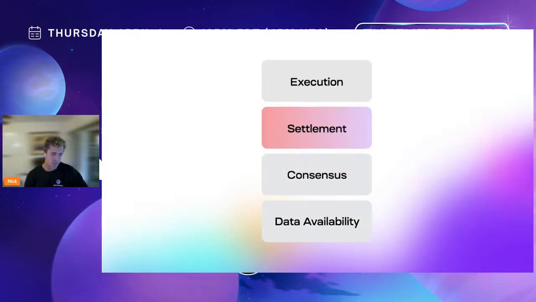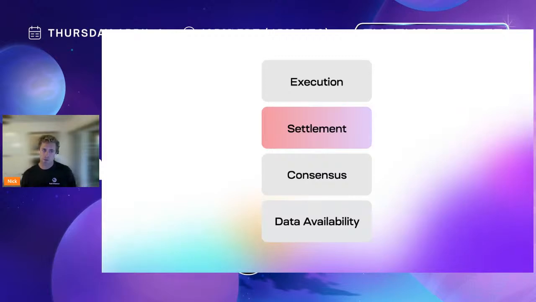Next is settlement, and I'm kind of using the word settlement to mean bridging in this context. So it's basically, when you have all these different rollups, they're going to need to be able to connect with each other and interoperate with each other. Otherwise, they're just islands isolated from each other, and the functionality is isolated and so much smaller. We don't want to have this fragmentation.